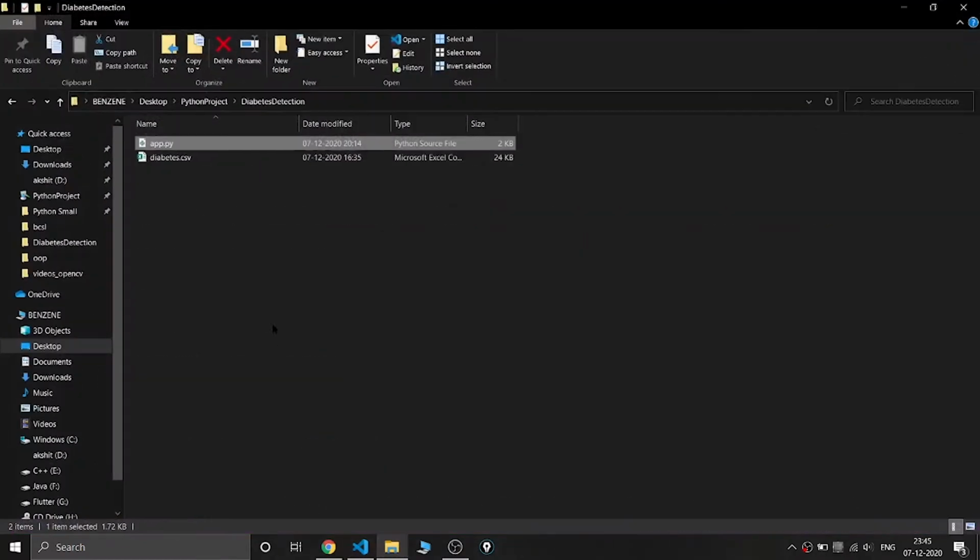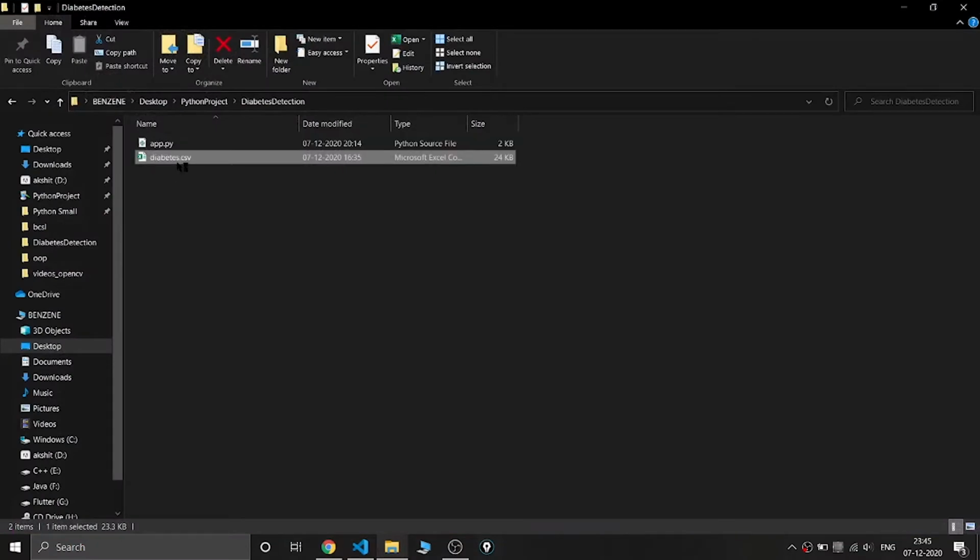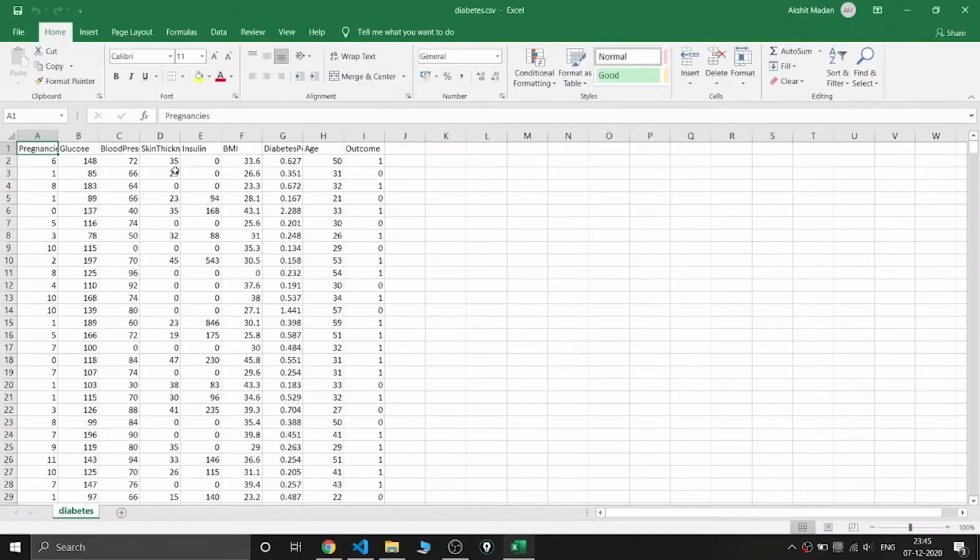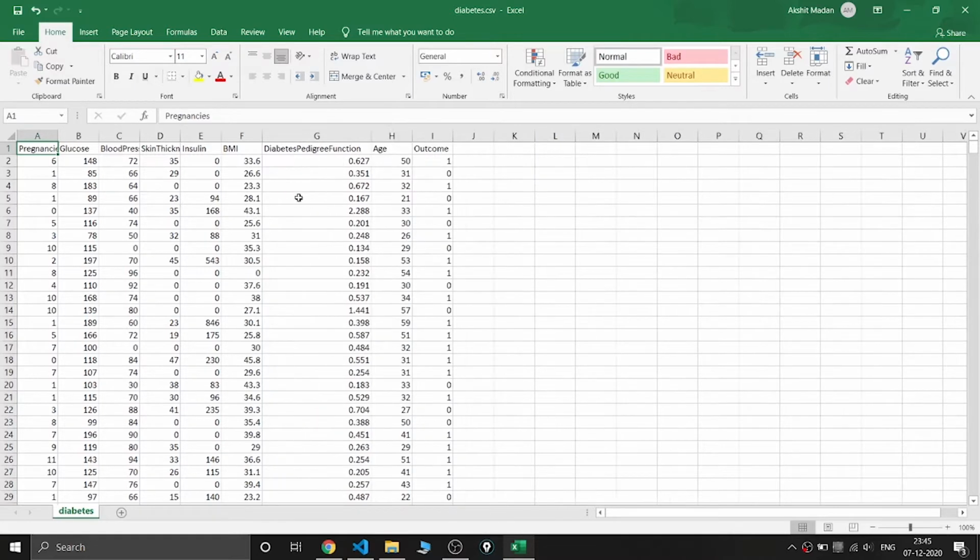Let me first show you the data set. This is my CSV file. In this there are around 9 columns, and the first one is pregnancies, then glucose, blood pressure, skin thickness, insulin, body mass index, that is BMI. Then this one is diabetes pedigree function, the age, and the outcome.